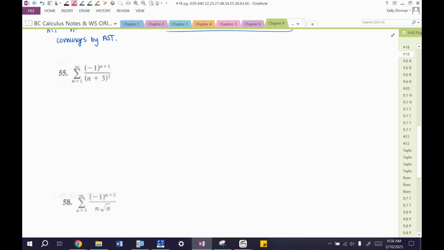All right, take a look at 55. So I'm going to do the same thing. The first thing is to apply the alternating series test to verify that it converges in general. So these terms are alternating. The limit as n approaches infinity of 1 over n plus 3 squared is equal to 0. That's a bottom-heavy function. And it's fair to say that if you plug n plus 1 in, so you get 1 over n plus 4 squared, that is less than 1 over n plus 3 squared. So the terms are definitely decreasing, and they're decreasing towards 0. So this original series